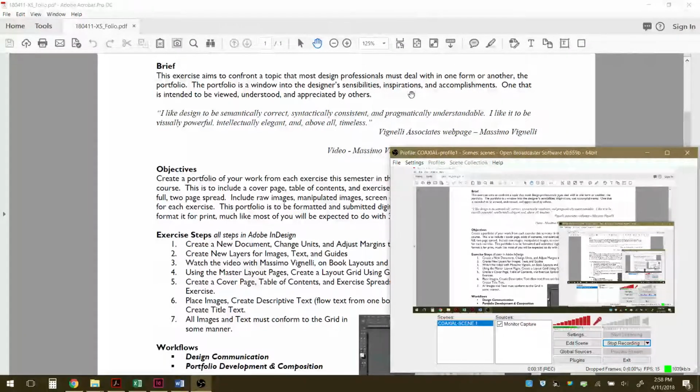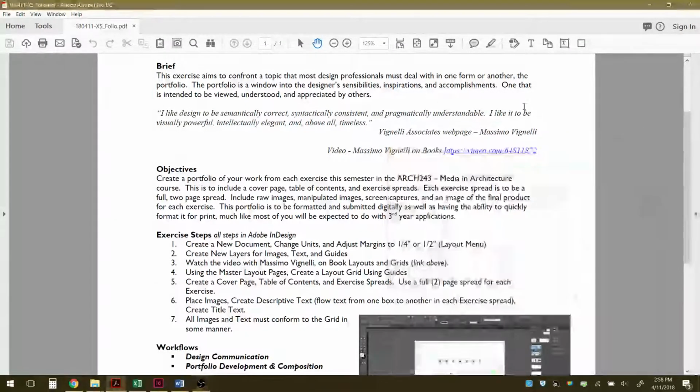This is the tutorial for the portfolio exercise, the final exercise of the semester. So you're looking at a draft of that. Essentially what I'm asking you to do is to take each exercise from this past semester, so projects 1 through 4 and including 5, so we'll see working screenshots of the portfolio, and basically use that as the content to